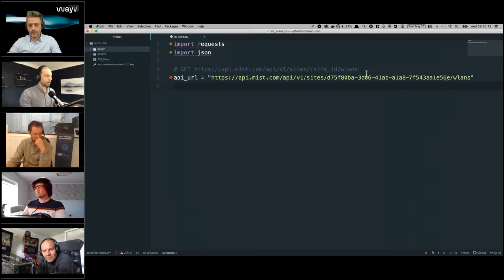Second piece of content I need will be the header. So along with the URL, you have to send a little bit more information. And in this case, when we're dealing with Mist APIs, we have to specify two types of information. The first one would be the content type. So this is the type of data you're expecting to get back, or you're expecting to send alongside your API call. And in this case with Mist, we're using JSON. So this is going to be